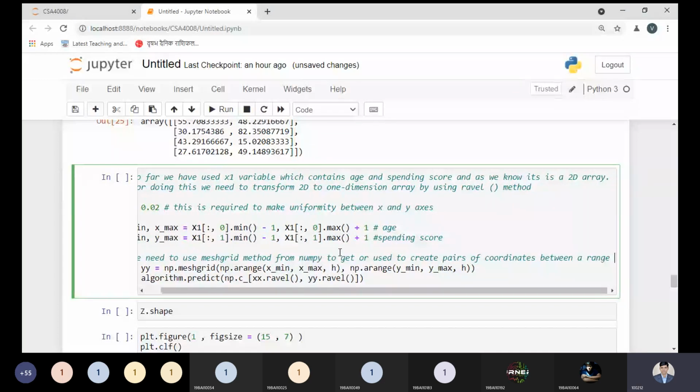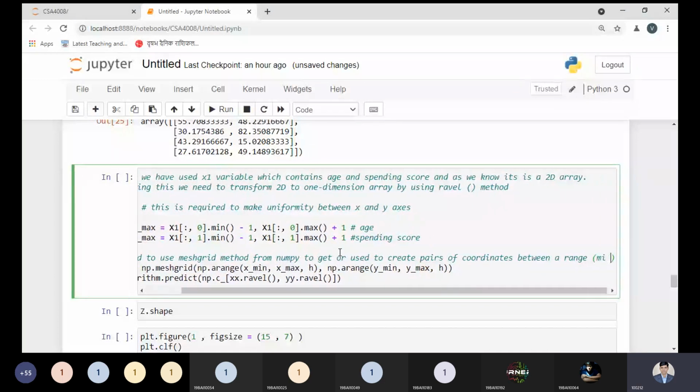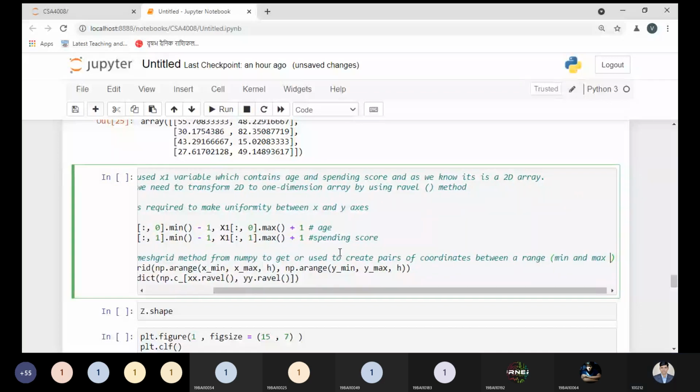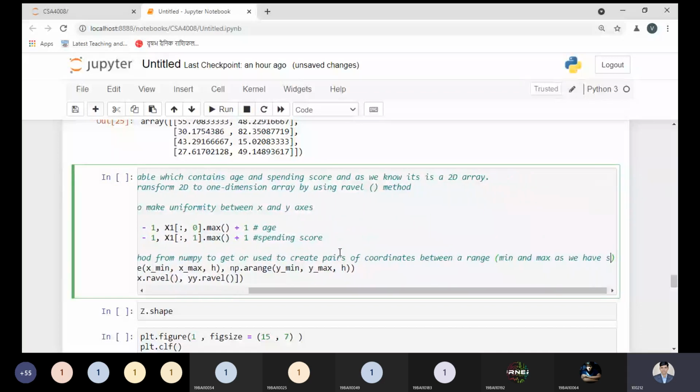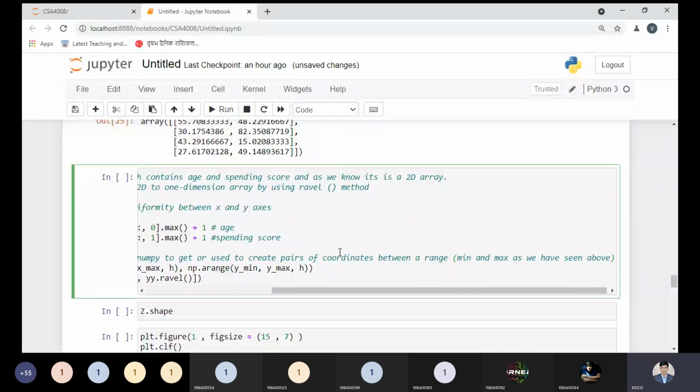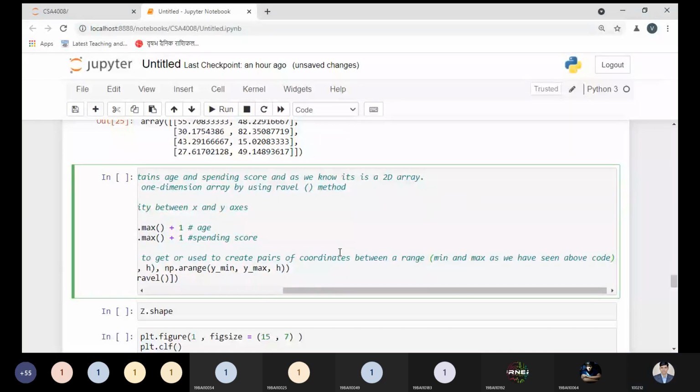And what is the range? You have observed over here, minimum and maximum, as we have seen above. Okay, so that is the point. This is the point you need to keep in mind. So you can write like this one.